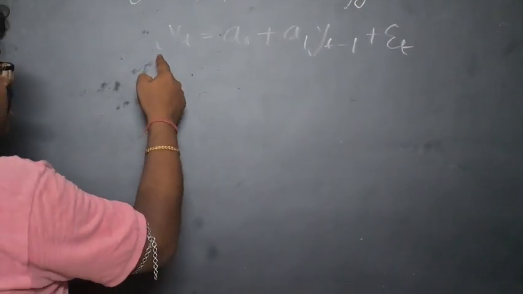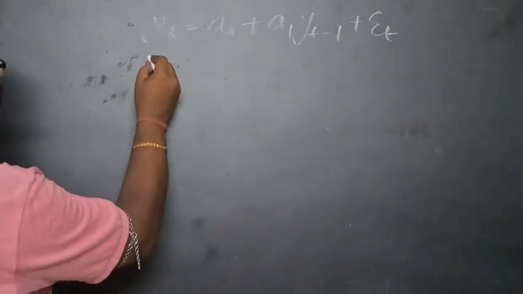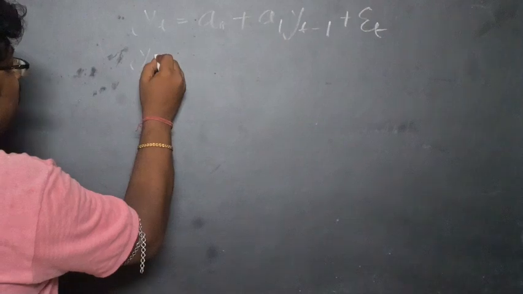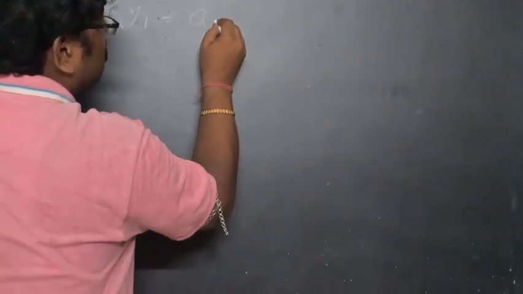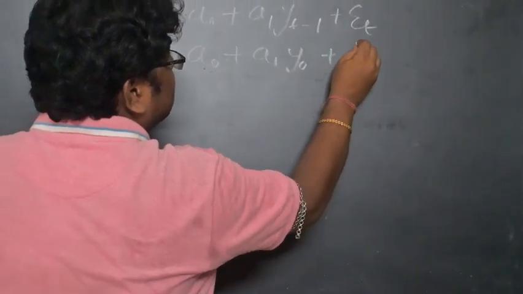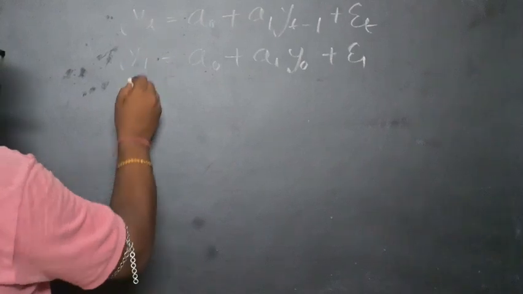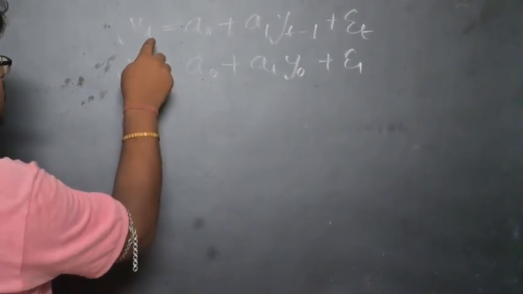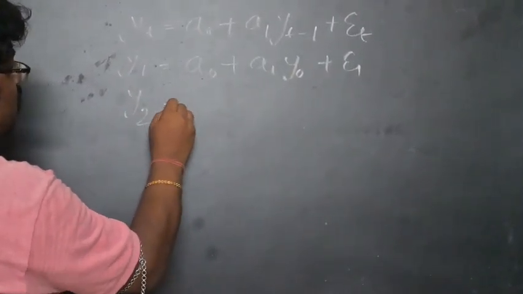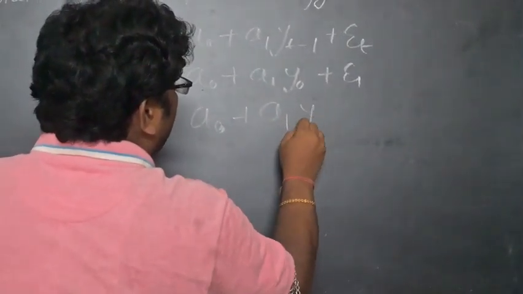Now we replace t by 1, then we have Y1 equal to a0 plus a1 Y0 plus epsilon 1. In the same way, if I put 2 in place of t, then Y2 equal to a0 plus a1